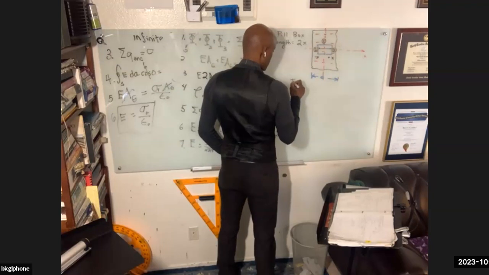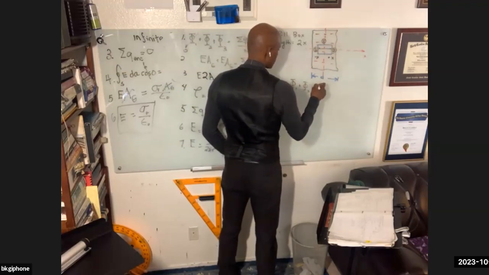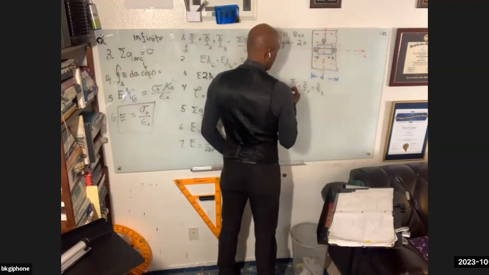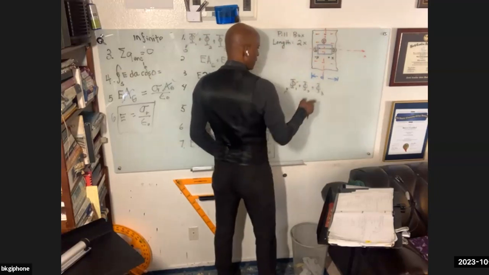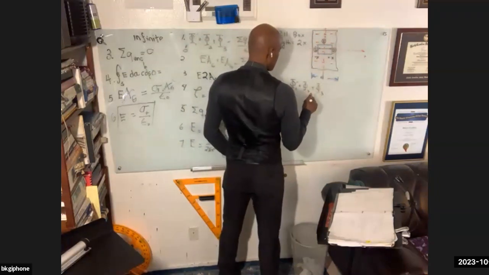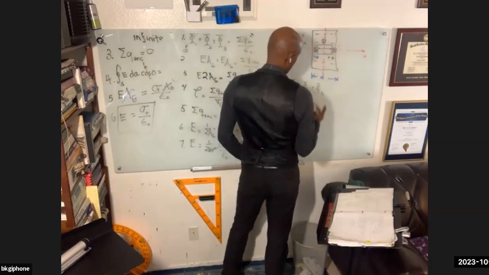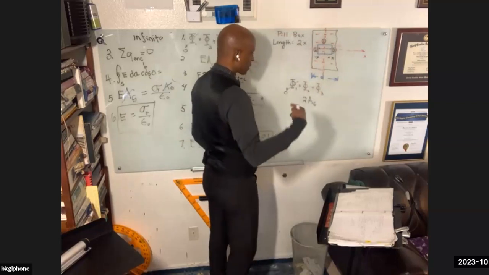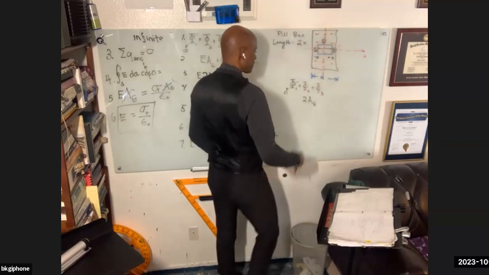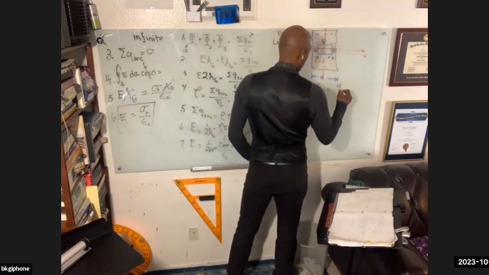So flux 1 plus flux 2 plus flux 3, that is 0. From these two sides, we still just get E A, where A is the cross-sectional area of those sides of the Gaussian. They're still circular. But the charge enclosed